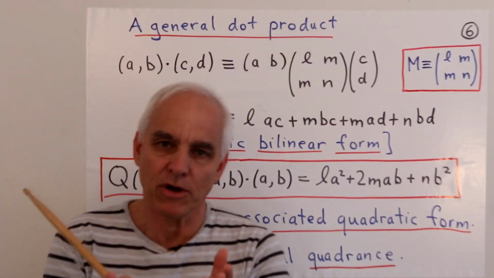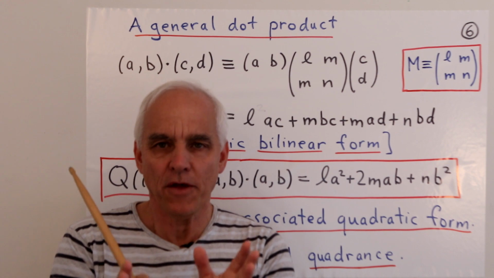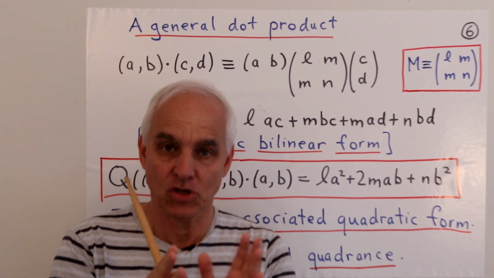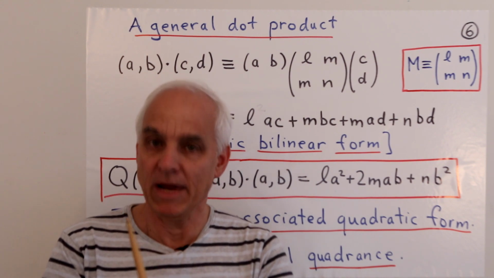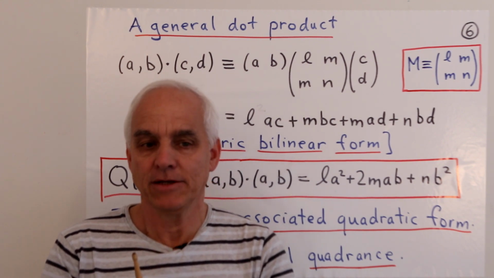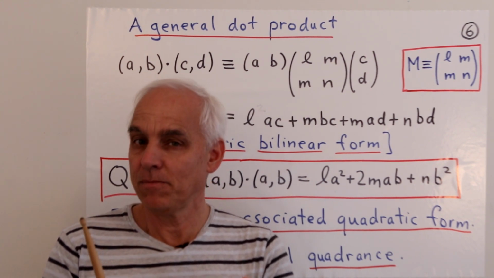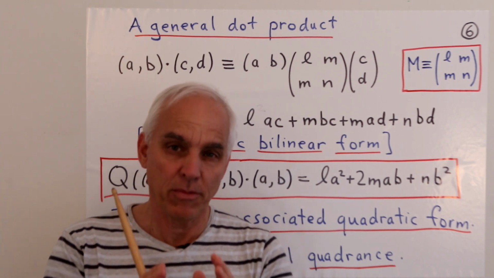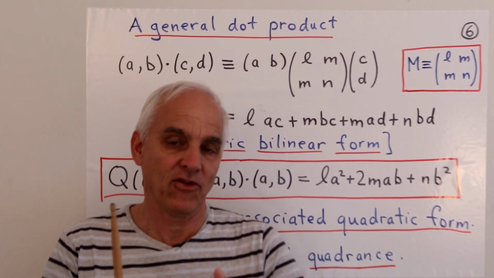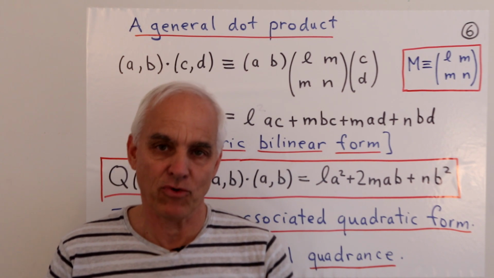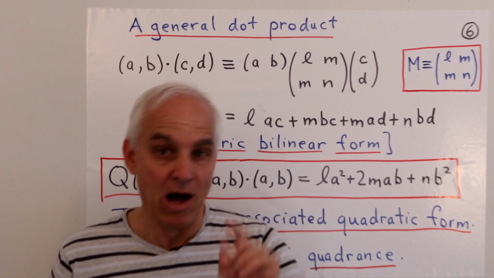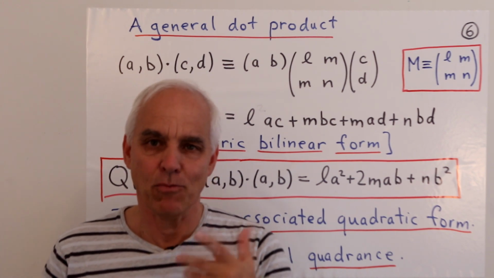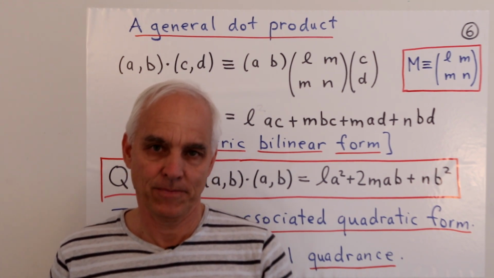Now, when we were talking about chromogeometry, we saw that each of the 3 geometries, the blue, red, and green, were sort of controlled by a symmetric matrix. And in fact, we can be a little bit more general. We can consider an arbitrary symmetric matrix, and that gives us a more general notion of dot product. And it's very interesting, and turns out to be very powerful, to consider this more general situation.